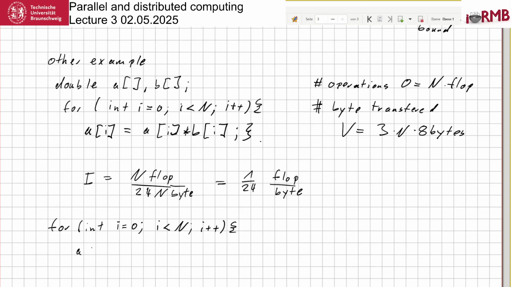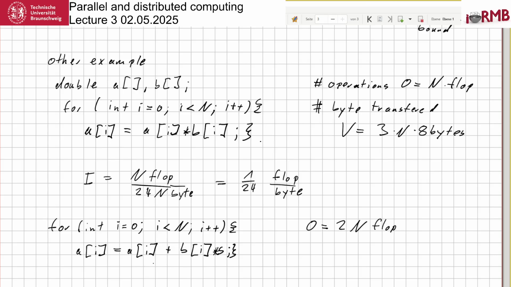So if we have a[i] equals a[i] plus b[i] times s, it's not easy to see how this is exactly done, because some compilers can merge stuff. In the intensity, now again we have two operations, namely plus and times. So this will be 2n